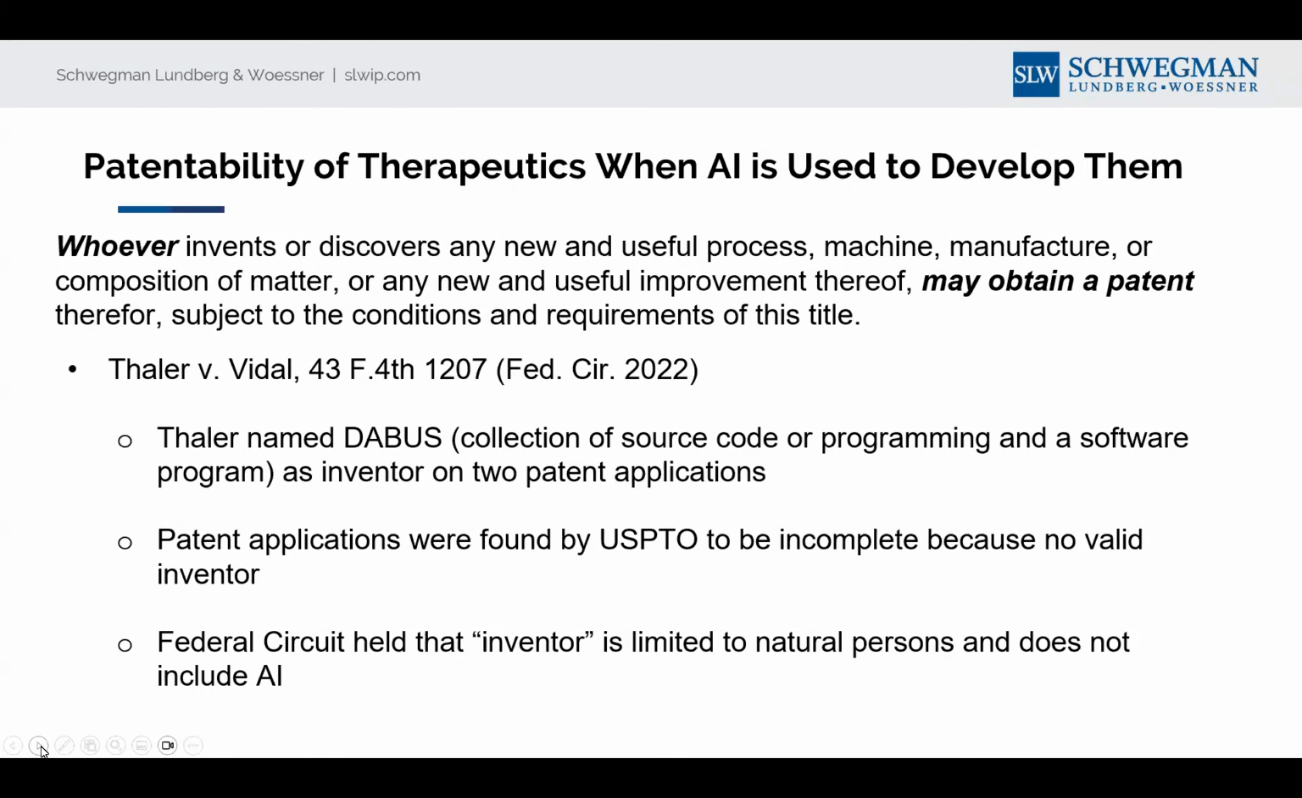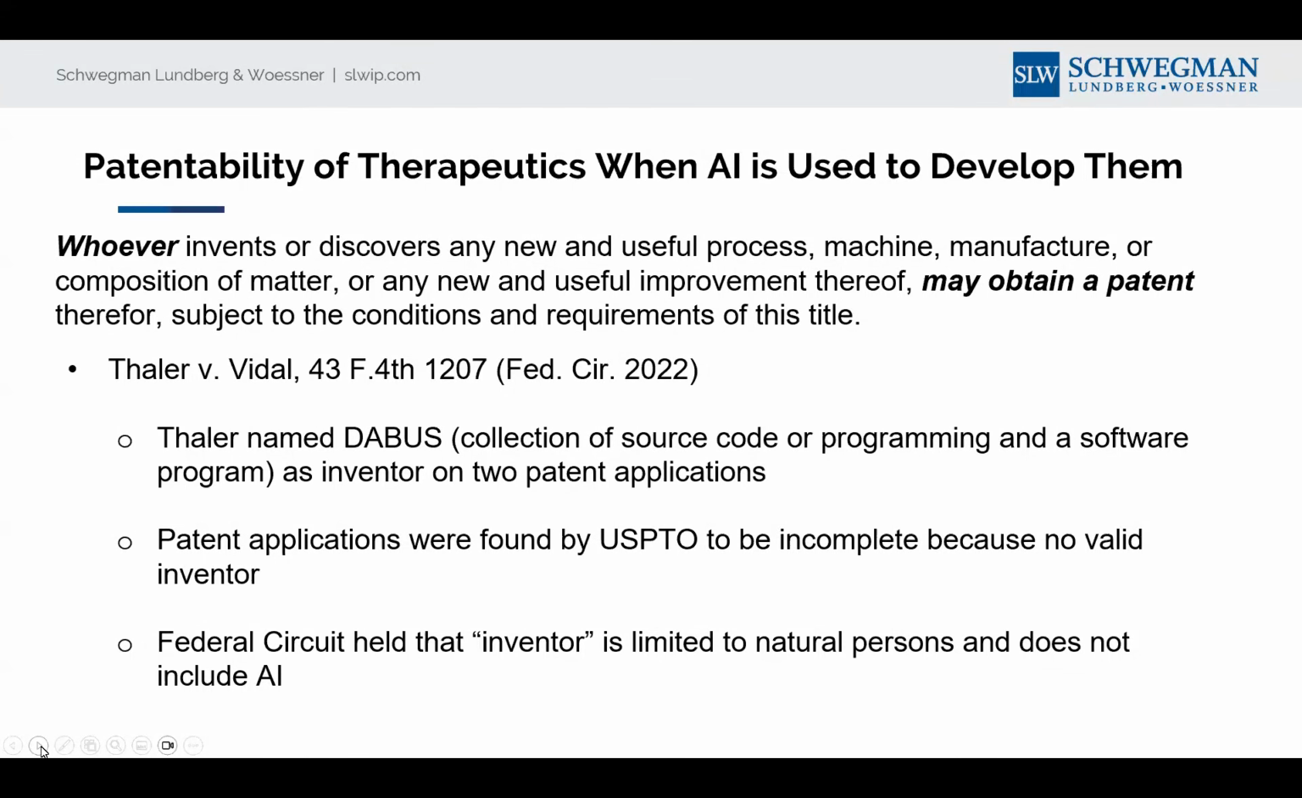Thaler had a collection of software that he had put together, and he claimed that the patentable subject matter came from AI. It was his two patent applications. One was a light beacon that flashes in a new and inventive way to attract attention, and another was a beverage container based on fractal geometry. He said that his artificial intelligence algorithm was the one that invented it. It went to court, and the Federal Circuit held that the inventor is limited to natural persons and doesn't include AI, which is similar